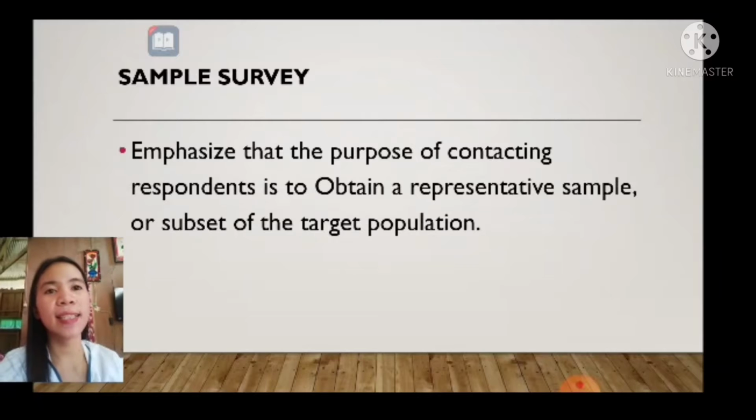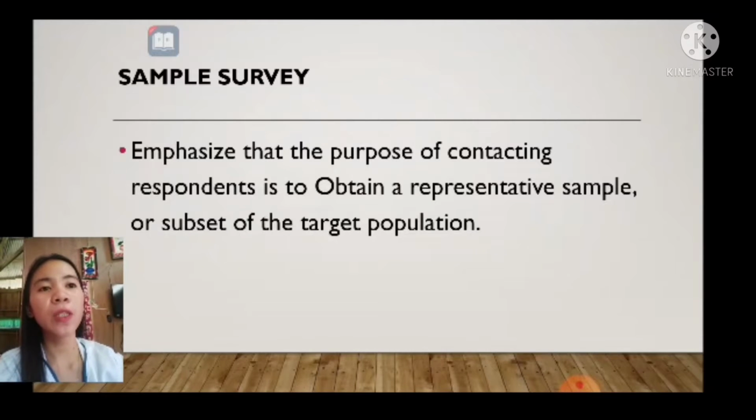Next is sample survey. Emphasize that the purpose of contacting respondents is to obtain a representative sample or subset of the target population.